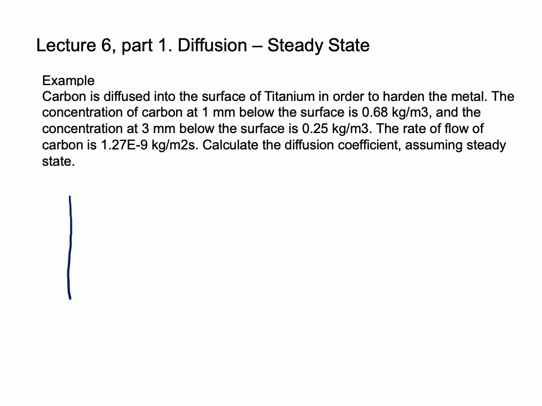So if I say here's the surface and here's the other side, I'm going to measure at 1 millimeter below the surface and at 3 millimeters, so that this distance is 2 millimeters. That's the change in X. And the change in concentration is given as 0.68 kilograms per cubic meter closer to the surface. And of course, it's got to be less as we go in toward the center because concentration moves downward. So dC over dx is going to be